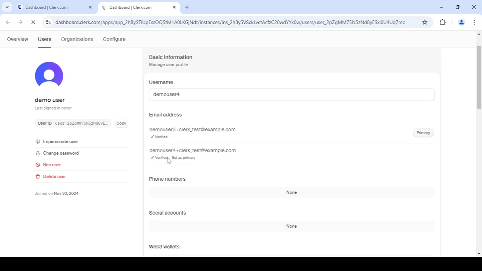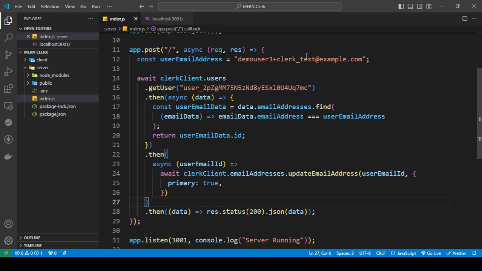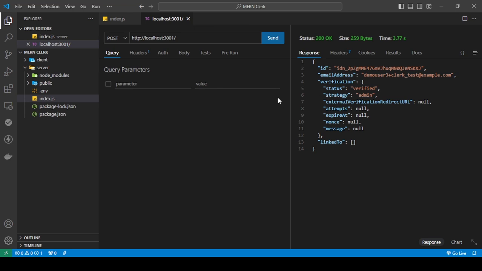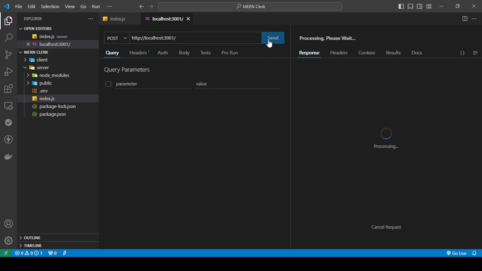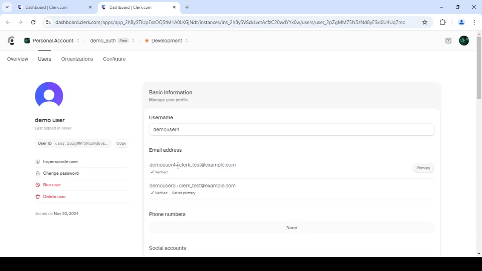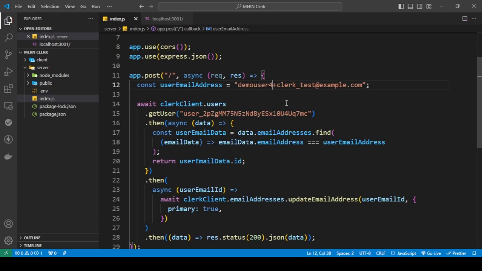So now I want to set this back to primary. So I will just do 4 here, and the email has to be the exact email that the user has. Okay, so I will send the request again. I'm going to refresh this. As you can see, this is the primary email, but I want to delete this email now, and that is very simple. I'm going to do